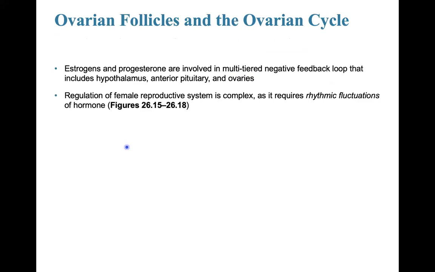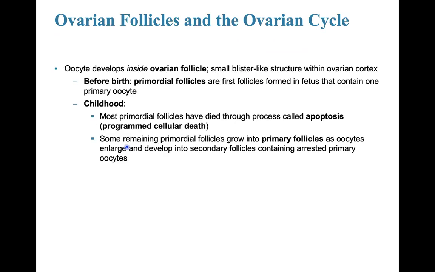So estrogen and progesterone are involved in a multi-tiered negative feedback loop that includes the hypothalamus, anterior pituitary, and the ovaries. This is that HPG complex. This will be involved in the regulation of the female reproductive system, and this is very complex as it requires rhythmic fluctuations in hormones. The oocyte develops inside the ovarian follicle, which is a small blister-like structure within the ovarian